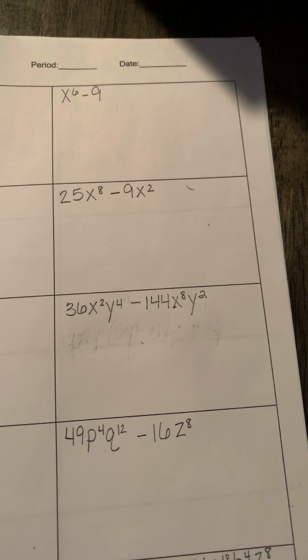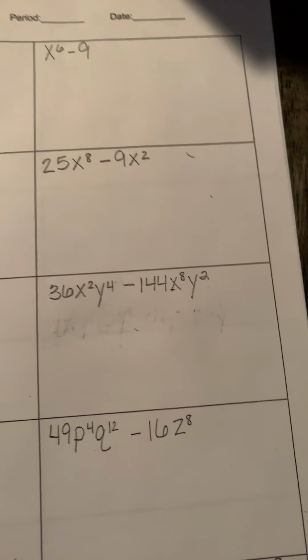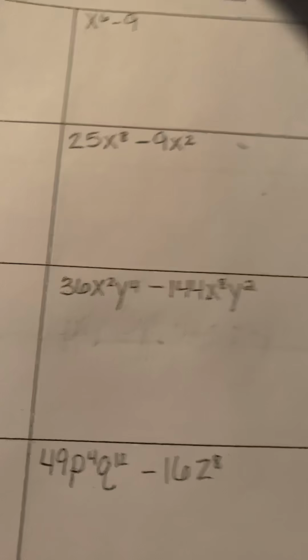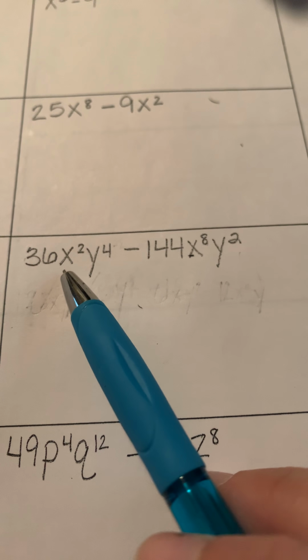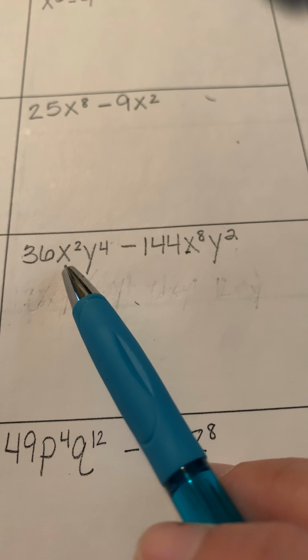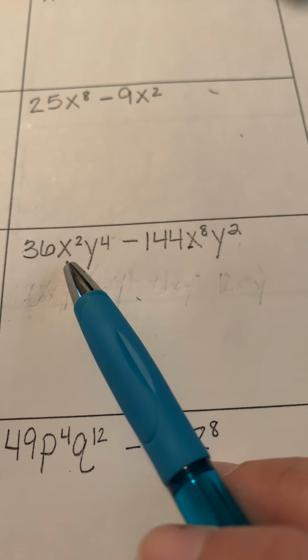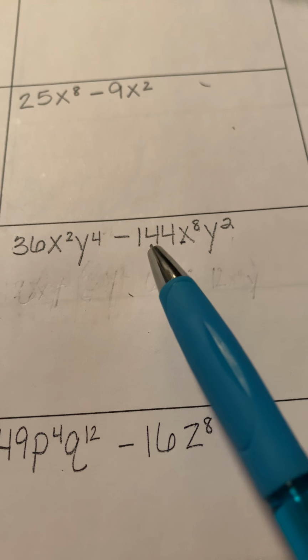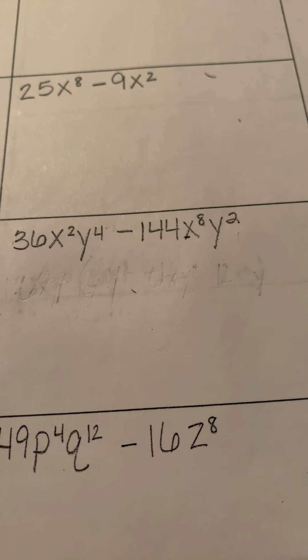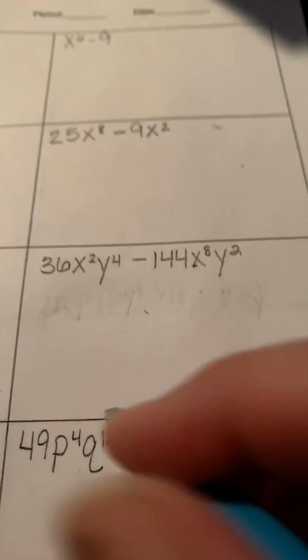Part 2 to 8.5, difference of two squares. So if we look here at number 7 in our packets, before we break this down, we want to ask ourselves, is there a greatest common factor that can come out of a 36 and a 144? You may right away say, well, a 12 can come out. So if you pull out a 12,